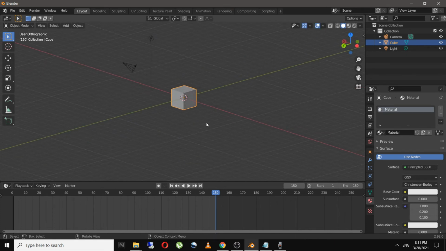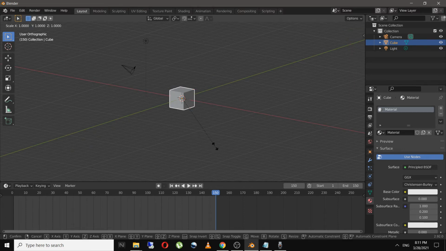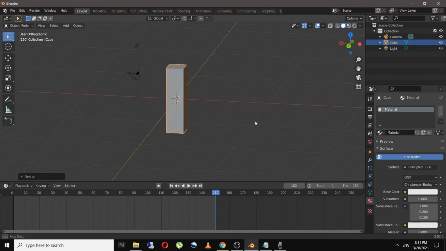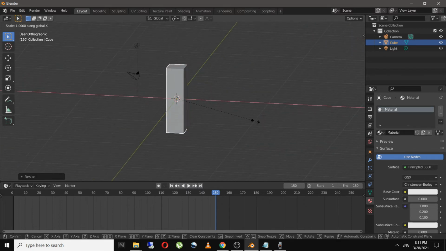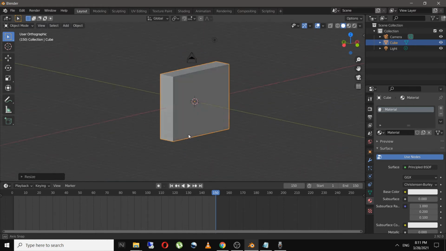But for example, if I want to scale this in Z axis, I'll click on S and Z, so this will scale just in Z direction. Or if I click on S and X, it will scale on X axis like this.